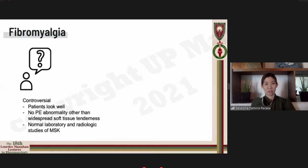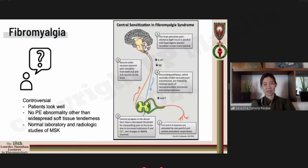musculoskeletal structures are normal. However, ongoing research suggests that fibromyalgia is a disorder of pain regulation, often classified as a form of central sensitization, wherein maladaptive amplification of pain signals occurs in the CNS. There is decreased threshold for pain, which may be due to disruption of serotonin or norepinephrine neurotransmission in the spinal cord. Hence, the brain perceives allodynia, wherein light touch is painful, and hyperalgesia, wherein painful sensation is even more painful. Various components of the CNS appear to be involved, including the hypothalamic pituitary axis, pain processing pathways, and the autonomic